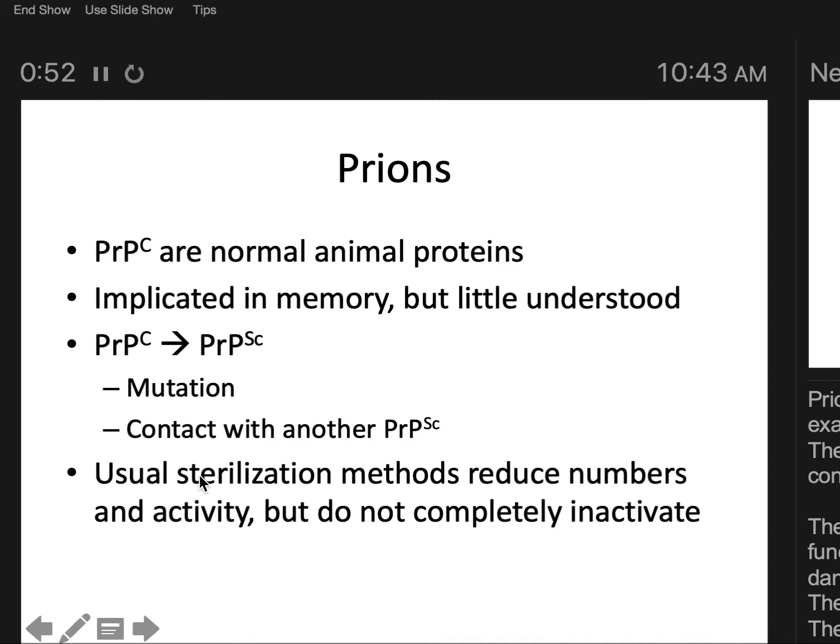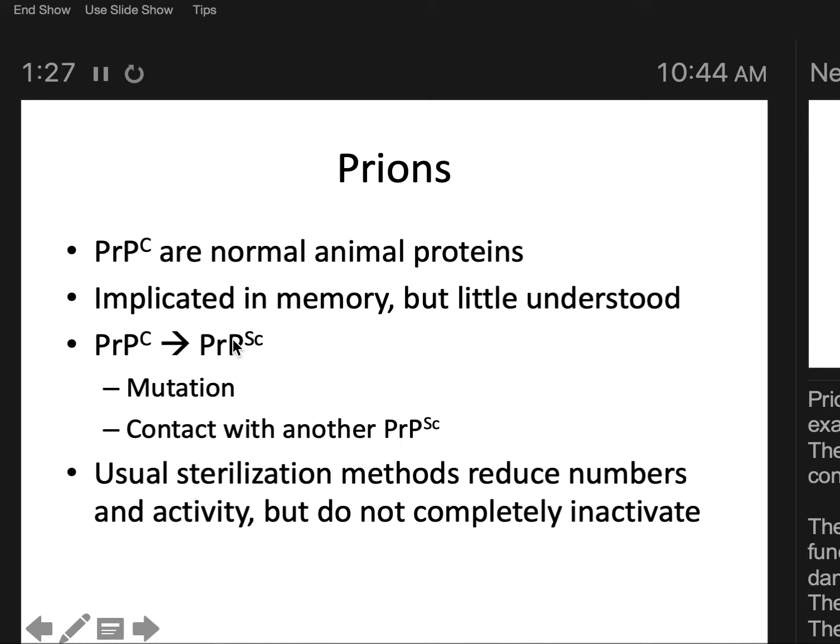Now, because of a DNA mutation, a prion protein could be mistranscribed and mistranslated into a disease-causing prion. So when you hear prion protein, that's what the PrPC stands for. We're talking about a normal functioning nervous system protein. When we just say prion, without the protein at the end, just prion by itself, and that's what the PrPSc stands for, that's a disease-causing prion.